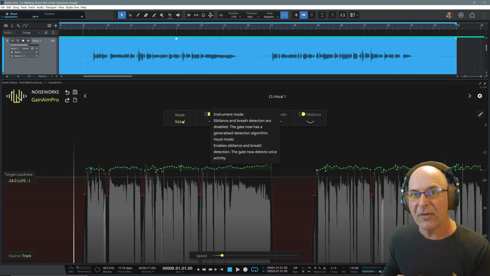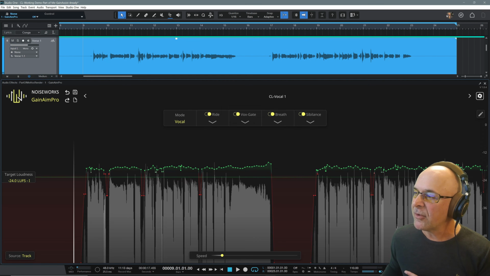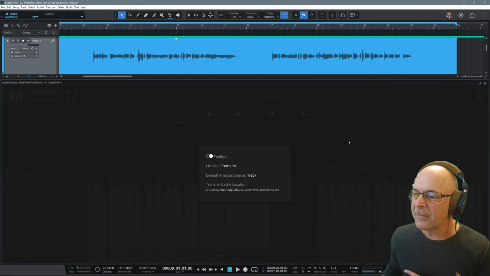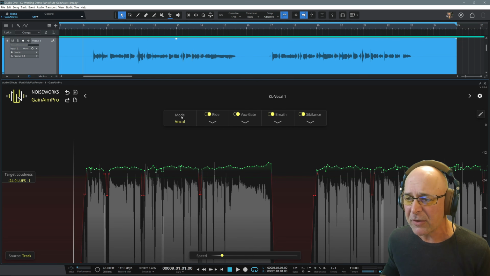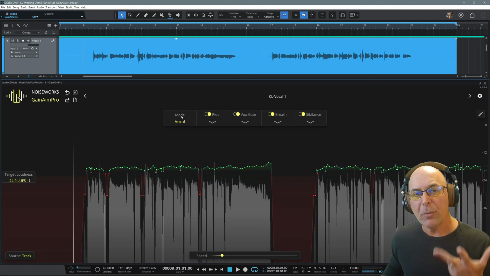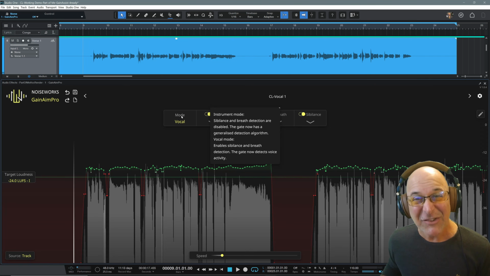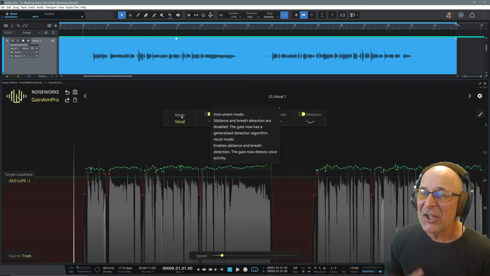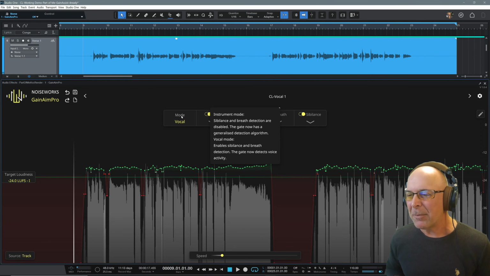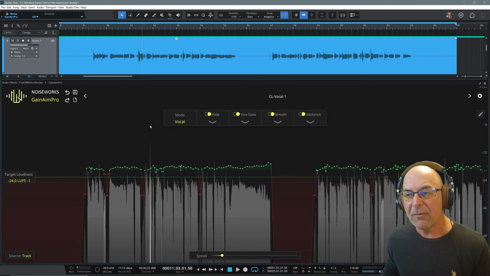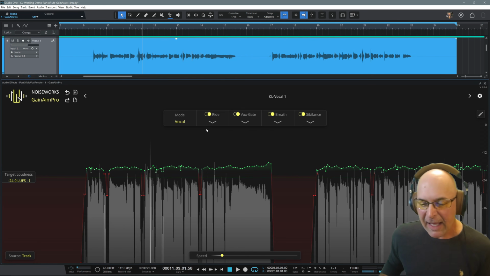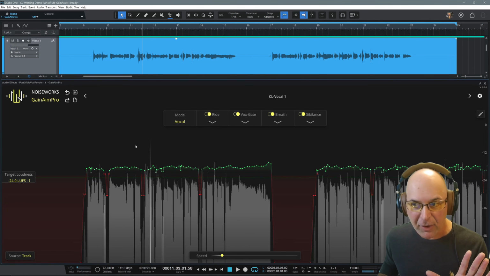In instrument mode, you'll see I have pop-ups. If you go to settings right here, I can activate tooltips. I highly recommend using that, especially when you're first getting started. So you have two modes, vocal, and it actually works on instruments too, which has a huge added benefit to its capabilities. So by leaving it on vocal mode, next we're going to have, after setting your target loudness,